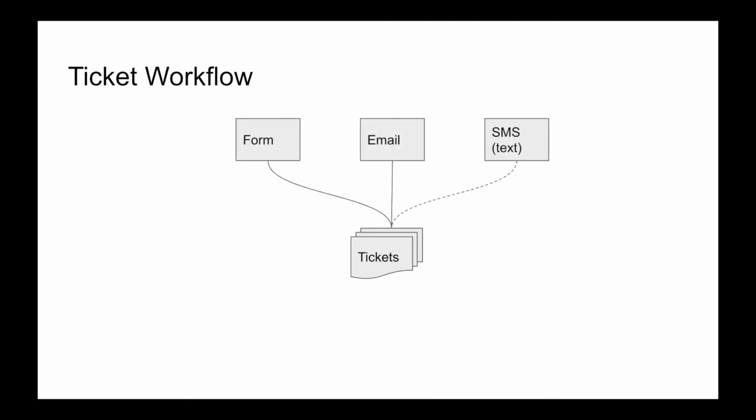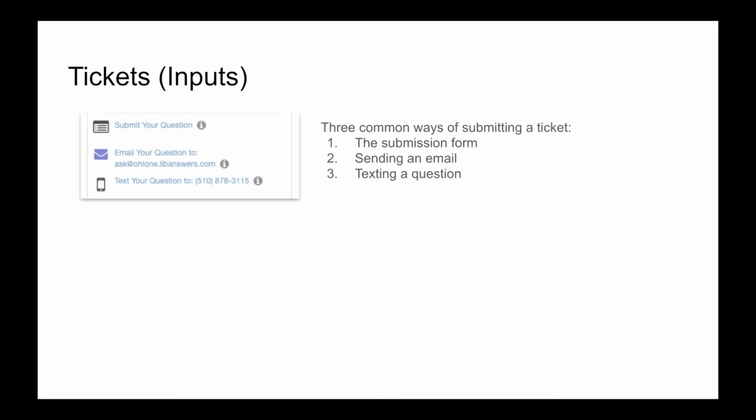So we get information in a couple different ways. They come in through submission forms, they come in through emails, and they come in through text messages or SMS messages. And that one has a little dash line because it is slightly special, and we will talk about that in just a second. So moving on, the three most common ways that we are going to get them in